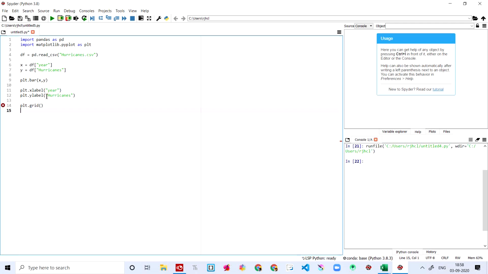And then I'm coming down saying plt.title. We are setting the title also over here, saying hurricanes versus year. That's all. We're just saying that the x-axis has the year and the y-axis has the hurricanes. And I'm setting the title over here.